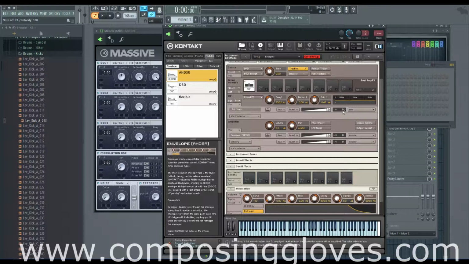Now you have this lag setting right here. This lag setting is basically creating a buffer. So if you're getting clicks and pops and stuff like that,